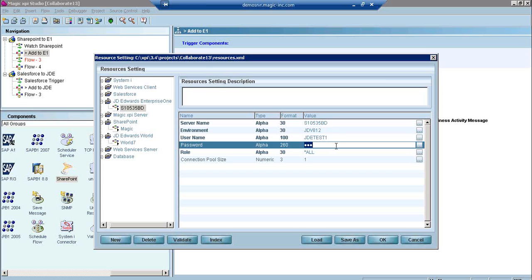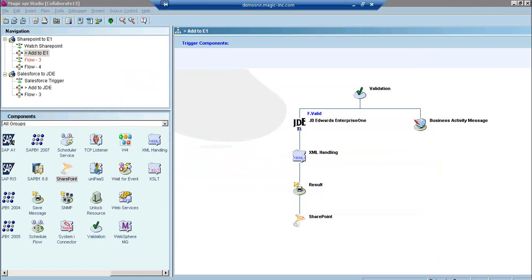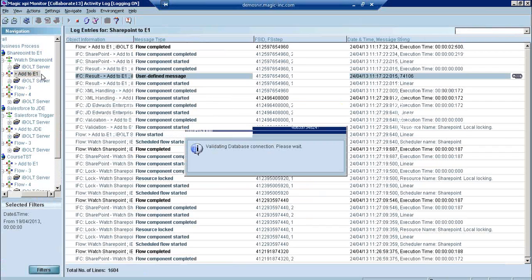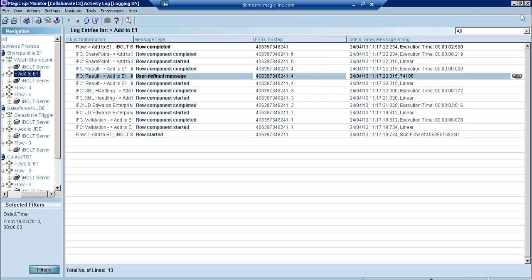So the business functions do provide us a lot of functionality. They're also very fast. They're written in native C, on the actual JD application server, so when we call them, they really are quite fast. As a for instance, I'm going to open up the XPI monitor.